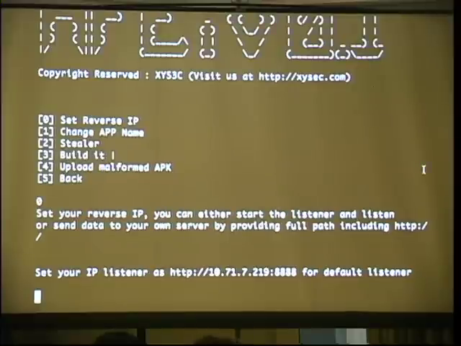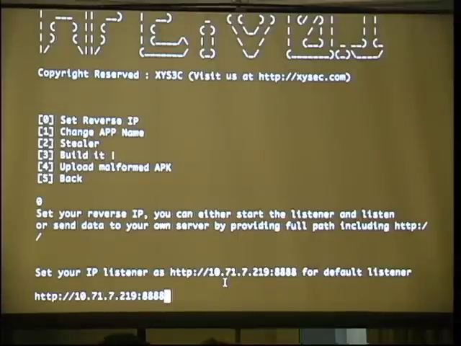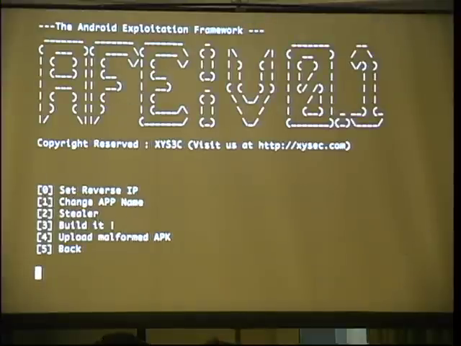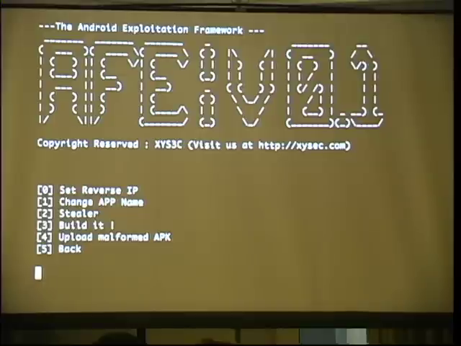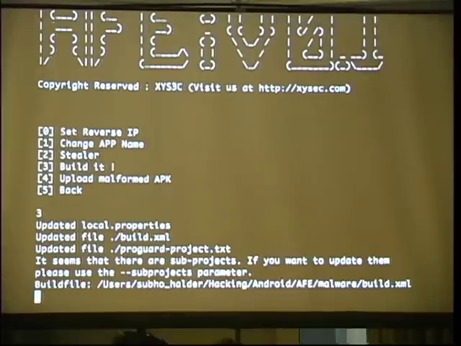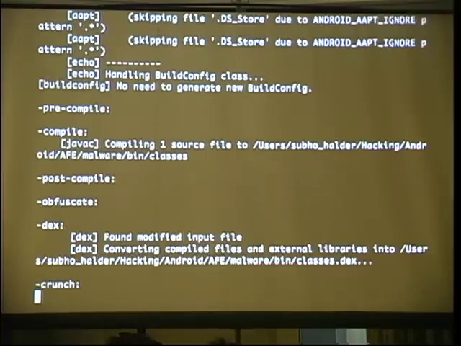The reverse IP should be the IP through which the emulator can communicate with your server. In this case, I've given my reverse IP, so I'm going to paste it right over here. Then I can change the name of the app, and then I can build it. So it's a kind of lunch menu. You just order stuff, and it's going to build you the whole package, right?